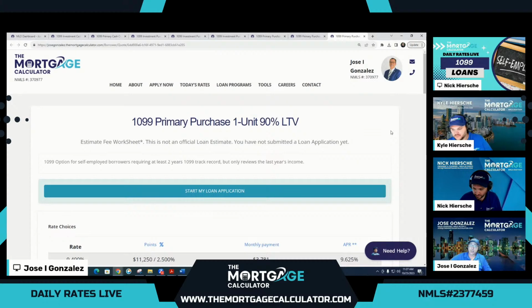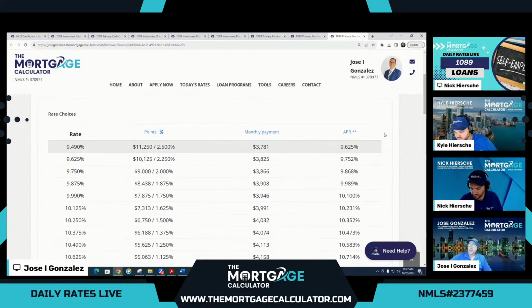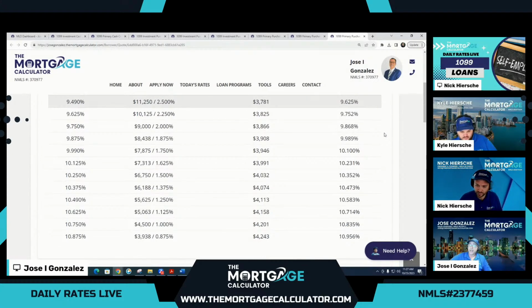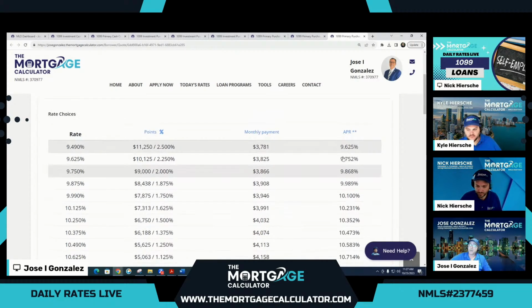Now, in this particular case, as you will see, there is not any change between a 1 unit and a 2 to 4 unit in the loan to value. Only in the use, whether it's primary or investment, obviously that will change, but not in property type 1 to 4 unit. So in this case, on a 1 unit, 90% LTV primary purchase, we're at 10.875 as our lowest cost option, and we can buy that down to 9.49% at a 90% LTV.